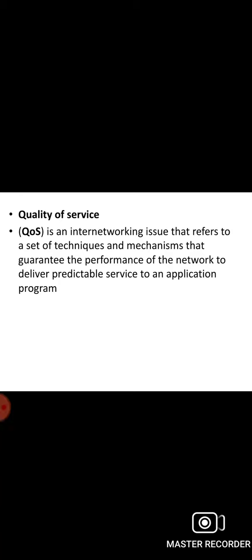Welcome to this module. In this module, let's have an insight into quality of service. Quality of service is an internet networking issue that has been discussed for more than five decades, and we can informally define quality of service as something a flow seeks to attain. Traditionally, four types of characteristics are attributed to a flow: reliability, delay, jitter, and bandwidth.